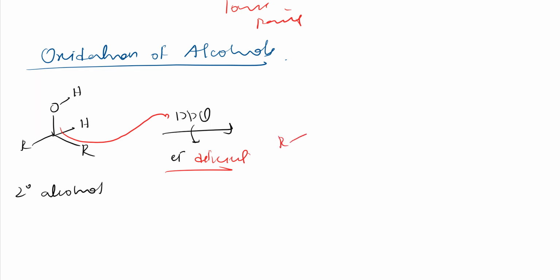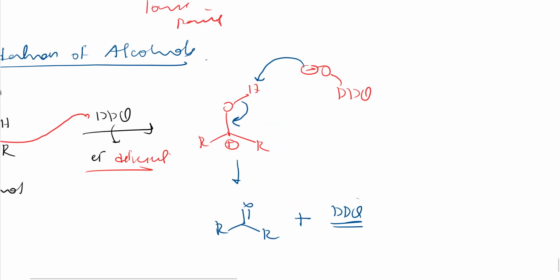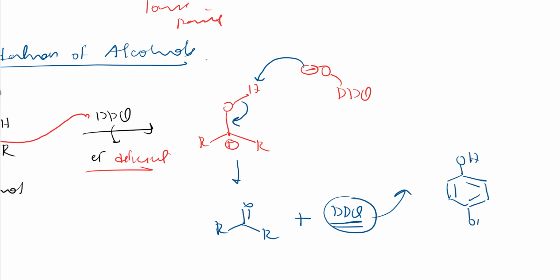So this mechanism you have understood, so I am not telling the mechanism now. So on this DDQ, oxygen will get negative charge. DDQ oxygen gets negative charge and DDQ will be aromatic now. So what it will do further: this negative charge takes this proton, a carbocation is formed, the electron density moves here and it will convert to ketone, and this DDQ becomes aromatic. I hope I am telling what DDQ becomes aromatic means. The DDQ structure will be converted like this, which I have told you in the mechanism, right? So it will be converted like this, which is aromatic.